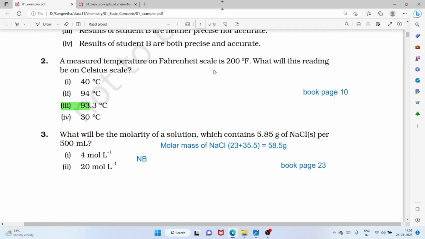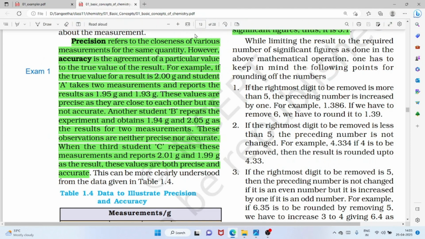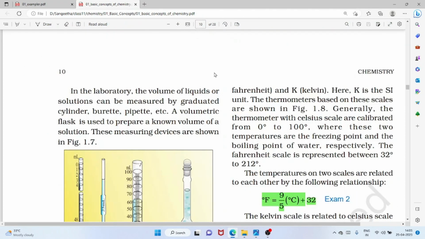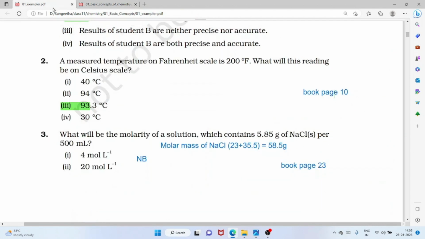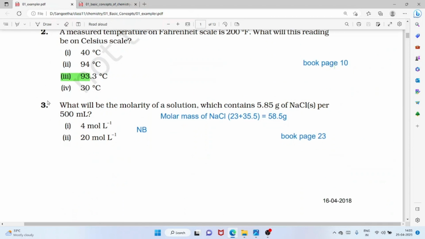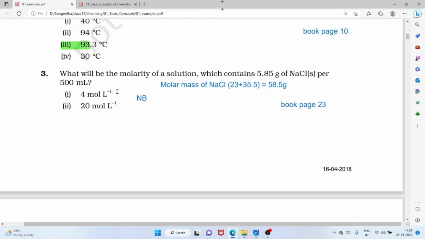The measured temperature on the Fahrenheit scale is 200 Fahrenheit. What will be the reading in Celsius? We have to use the Fahrenheit to Celsius conversion formula. It is given here, so you can use this formula to convert. After conversion is here. What will be the molarity of the solution which contains 5.8 grams of NaCl per